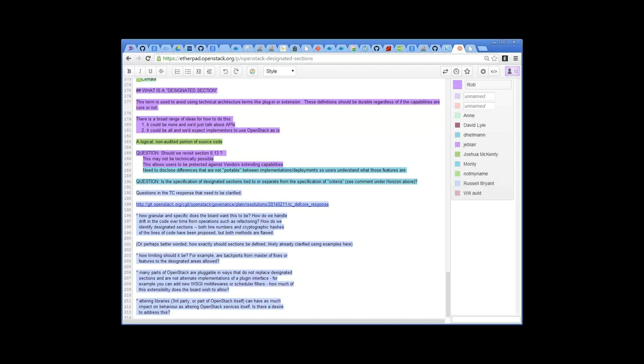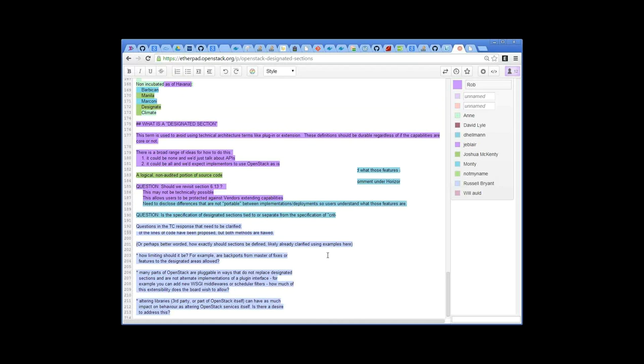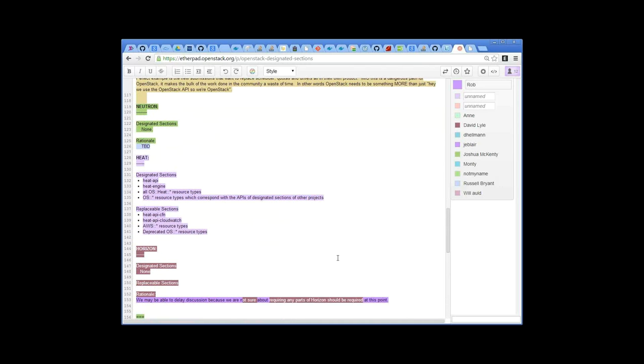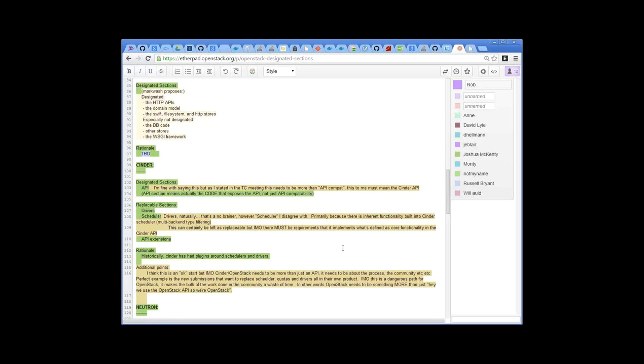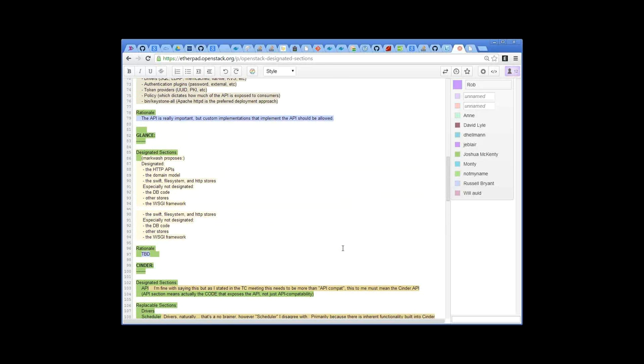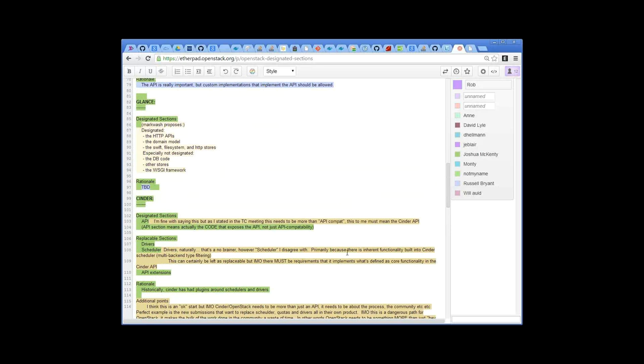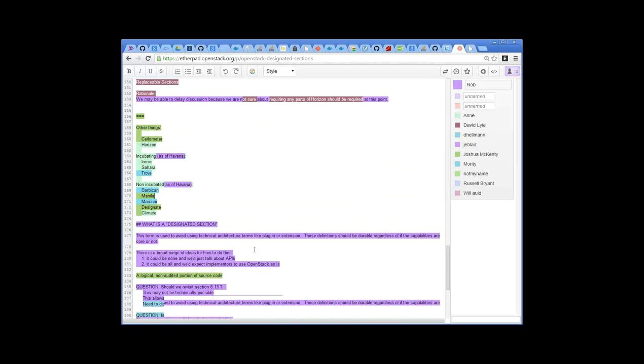There is one clarification I wanted to add. I don't know if John Griffith is on the call, but in the Cinder section, there was some confusion saying API is a designated section. What I meant was the code that exposes the API, not API compatibility. So literally, the binary for Cinder API would be required to be shipped, binary being the wrong term, but I think you get what I mean. I know that's led to confusion and people thinking we're talking about API compatibility. In this case, we are always talking about sections of code that provide that API. Right, and that's worth clarifying designation.